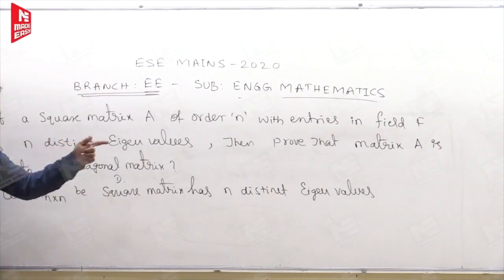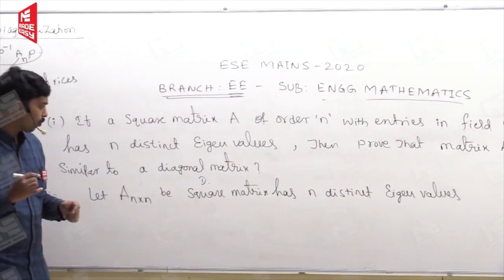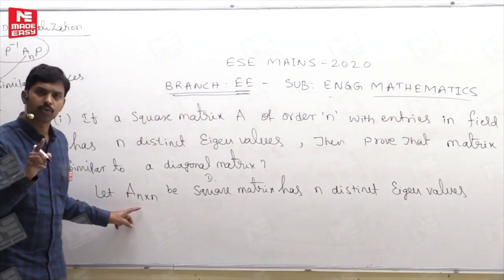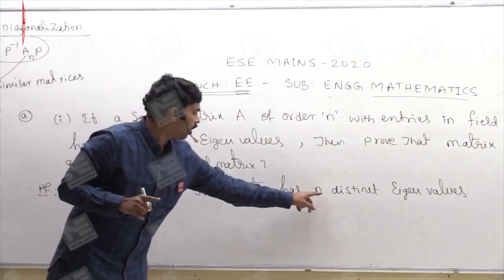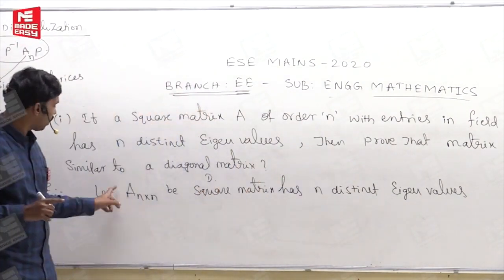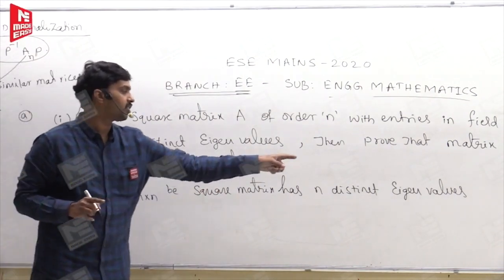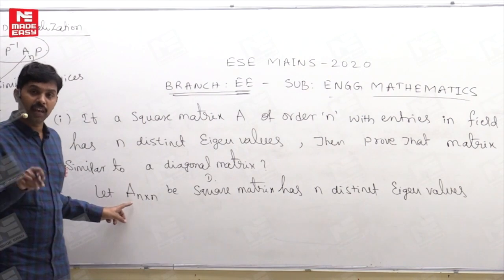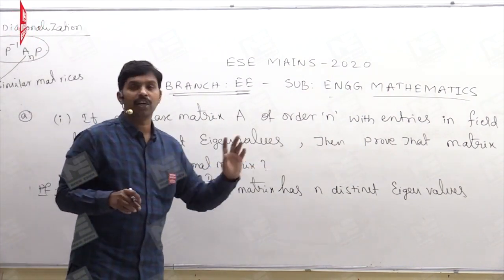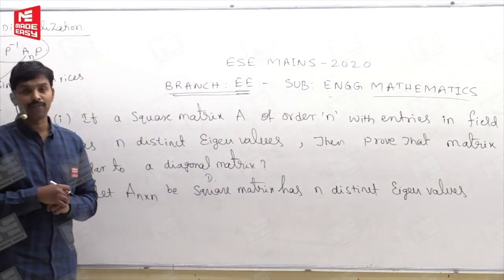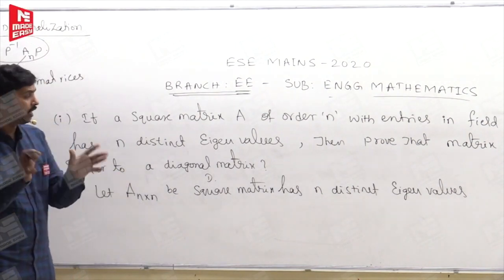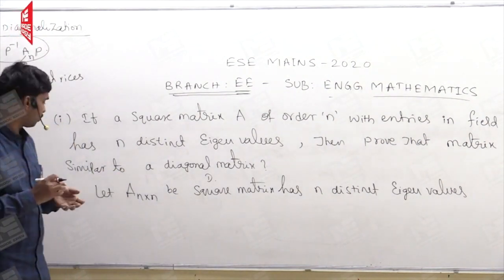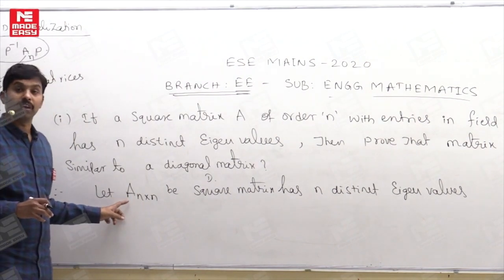If A has n distinct eigenvalues, what is the order of A here? N. So that means, can I say all the eigenvalues of A are distinct eigenvalues or not? Yes. As the order of A is n by n, definitely n eigenvalues exist, and he is saying that all n are distinct eigenvalues. So therefore, all the eigenvalues of A are